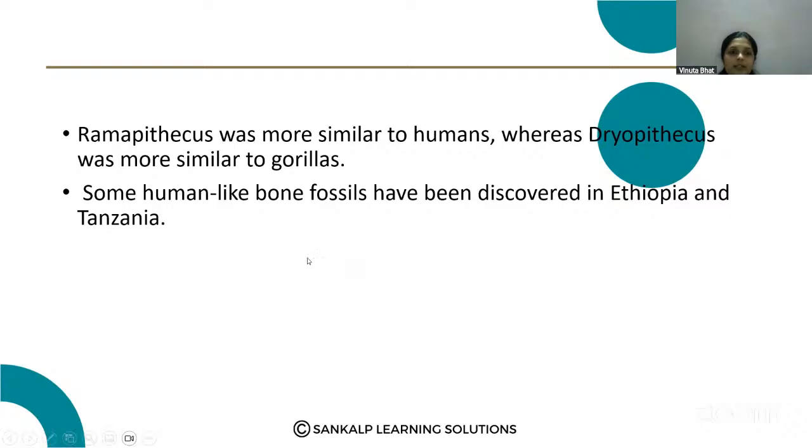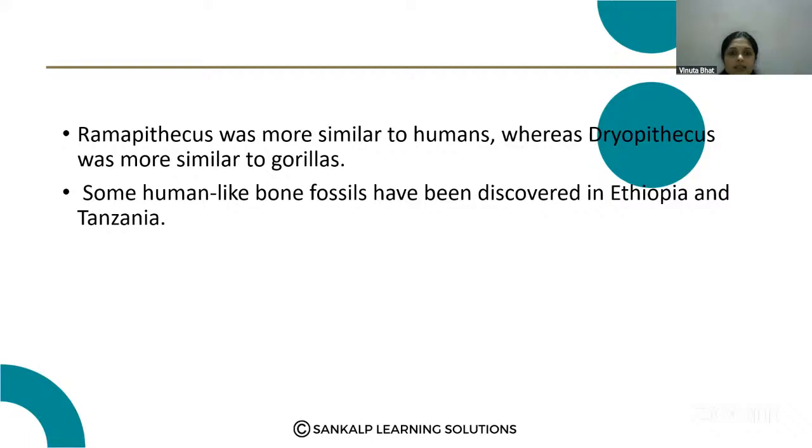Okay. Some human-like bone fossils have been discovered in Ethiopia and Tanzania. So in Ethiopia and Tanzania also, some types of human fossils were discovered. So we don't know the exact explanation about this. Okay. Then